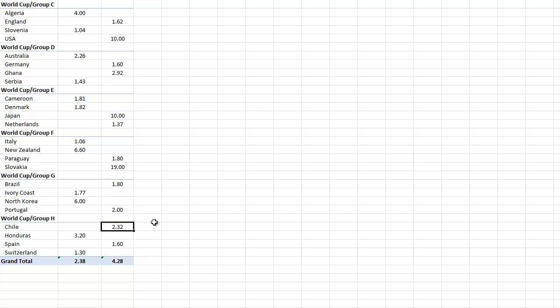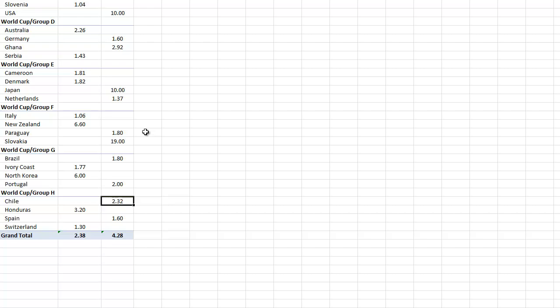Group D, Germany did, but Serbia didn't. So you can see, generally there's one team that's not qualifying that should qualify. So Cameroon, Denmark were odds on here, but didn't qualify. Japan and the Netherlands did, but of course Japan was at a huge price. Italy crashed out as well, of course, last time round. Maybe a portent for 2014, hopefully. No offence to Italian customers, of course. But you can see here there are some interesting stats that come out of the to qualify market.